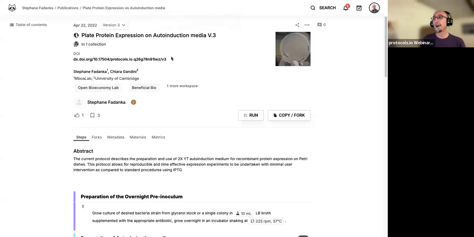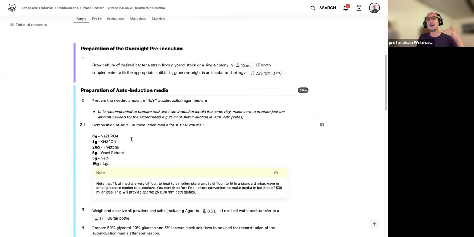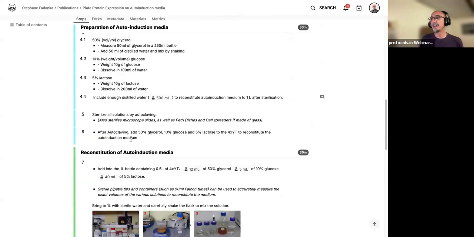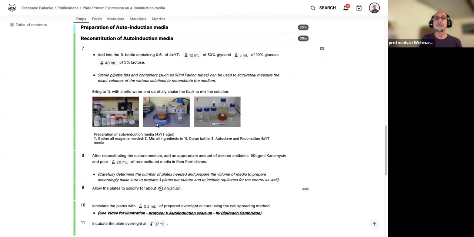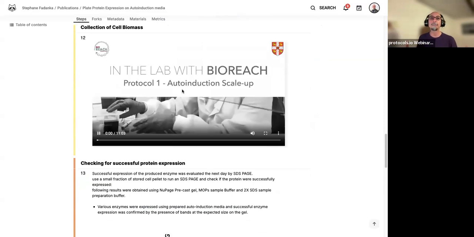Because it has been published, it has received a DOI, making it permanent and citable. The protocol itself is written in a recipe-like step-by-step fashion and can be supplemented or enriched with pictures, images, and even videos that you can play during your protocol to make it more didactic.